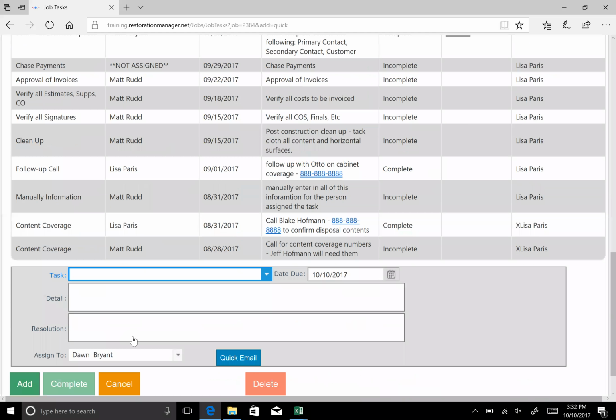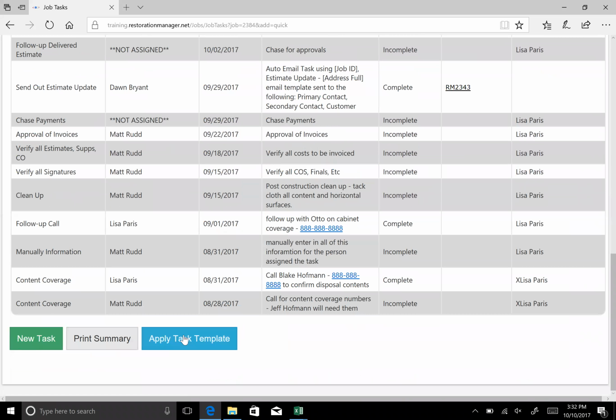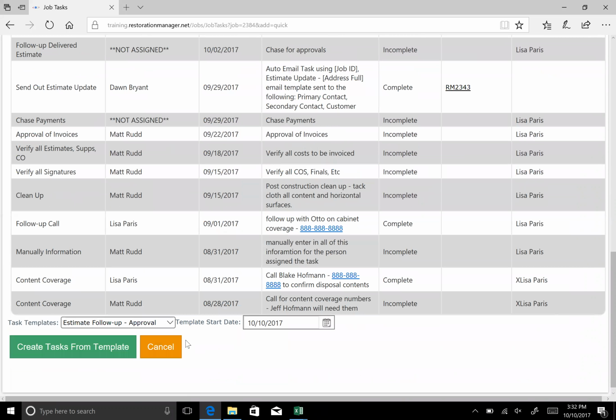I also have the capability of adding in task templates. If your administrator has provided you with task templates that more or less when one action happens, another action needs to be applied, you can actually bring these in simply by tapping here on Apply Task Template and then choose what task you need to pull from the template. And it says Create, and when it does, you'll choose,